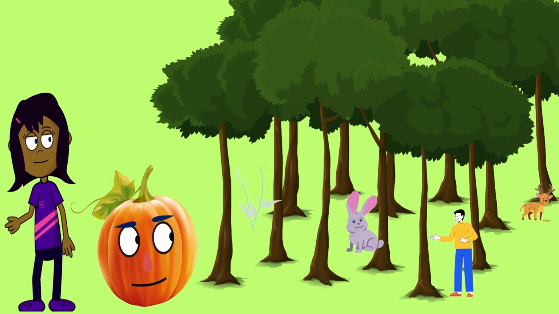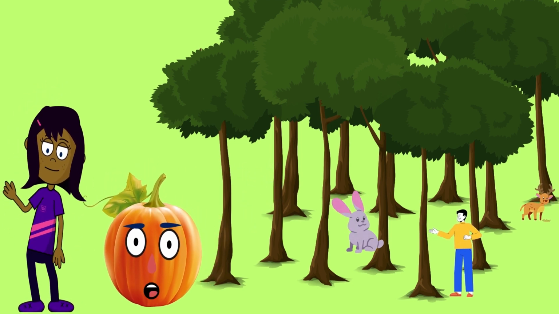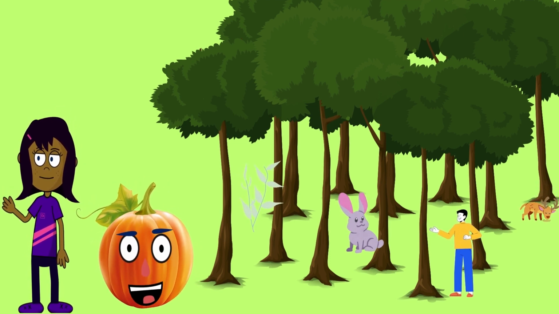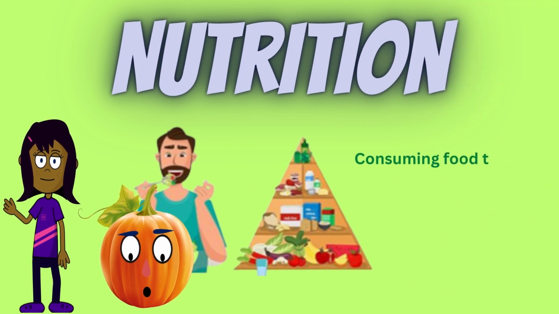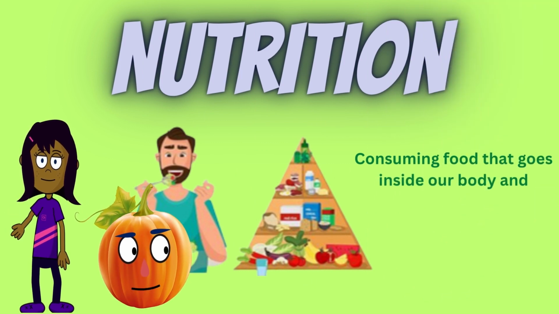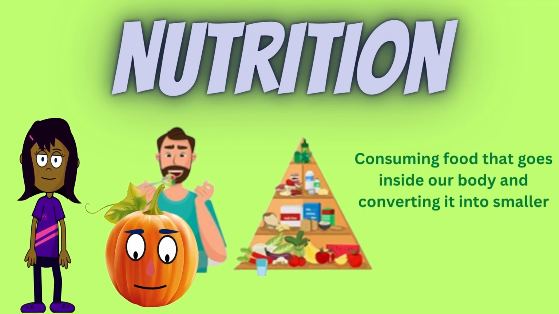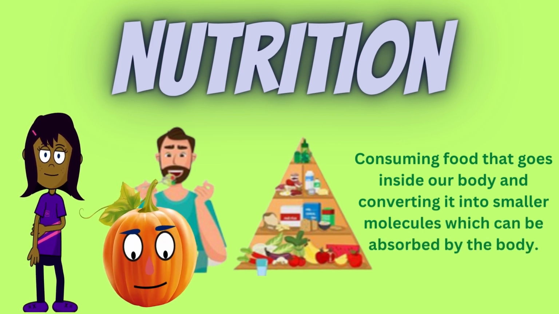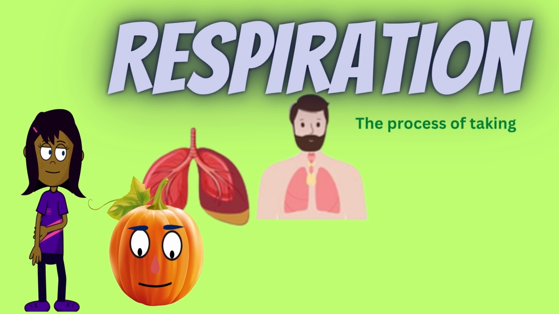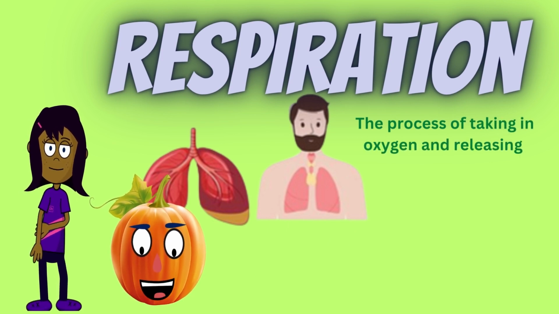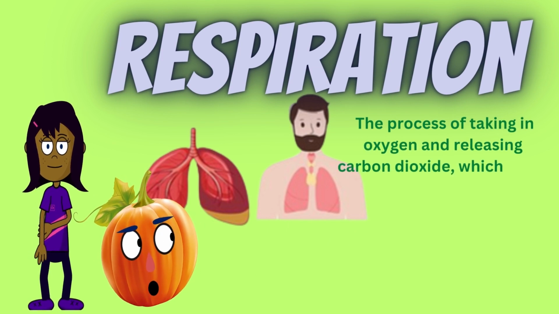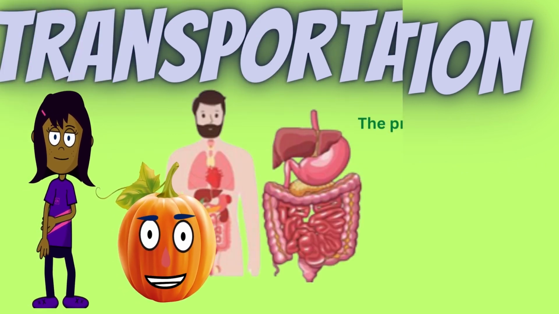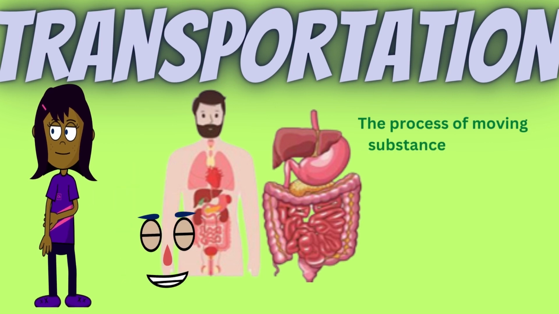life processes. There are several important life processes that are essential for the survival of living organisms: nutrition, consuming food that goes inside our body and converting it into smaller molecules, which can be absorbed by the body; respiration, the process of taking in oxygen and releasing carbon dioxide, which helps the body produce energy; transportation, the process of moving